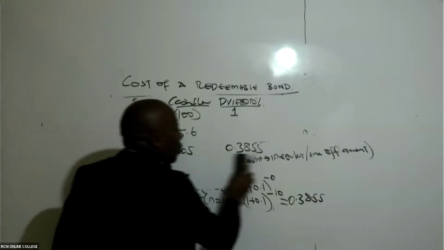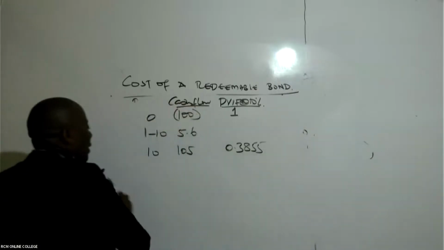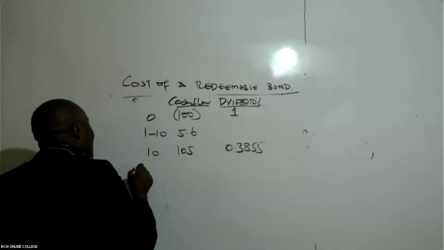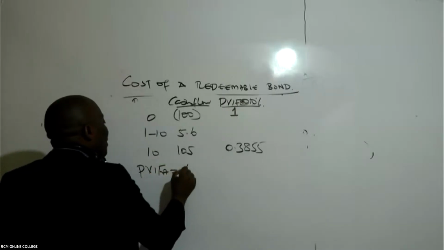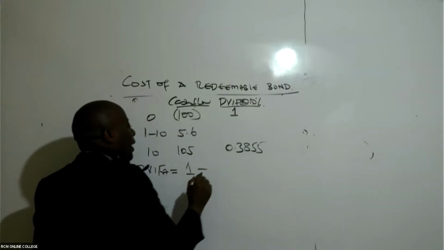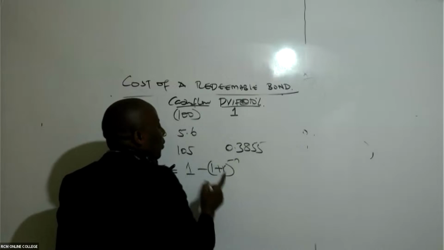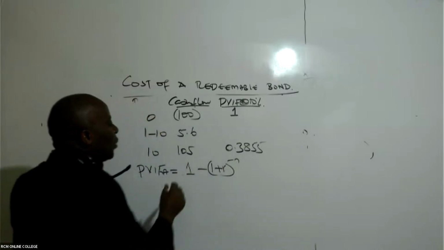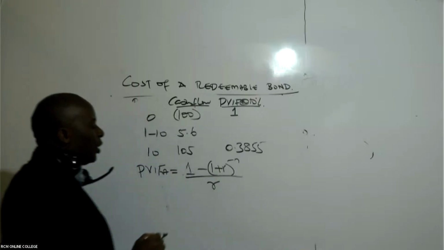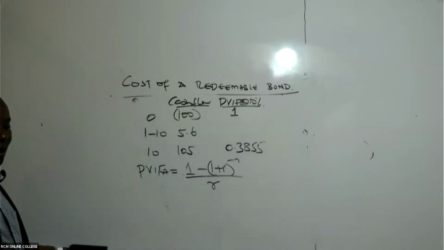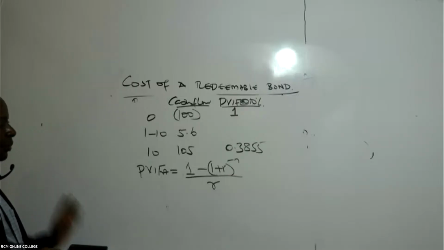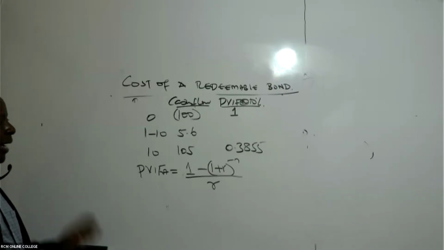What if now they tell me to calculate what we call PVFA for the series? Like now these are series 1 to 10. So PVFA here will be 1 minus the simpler formula, the one that we've just seen, the PV formula. And then we divide everything by R. PVFA is present value interest factor of an annuity. It will be 1 minus that, divided by R.